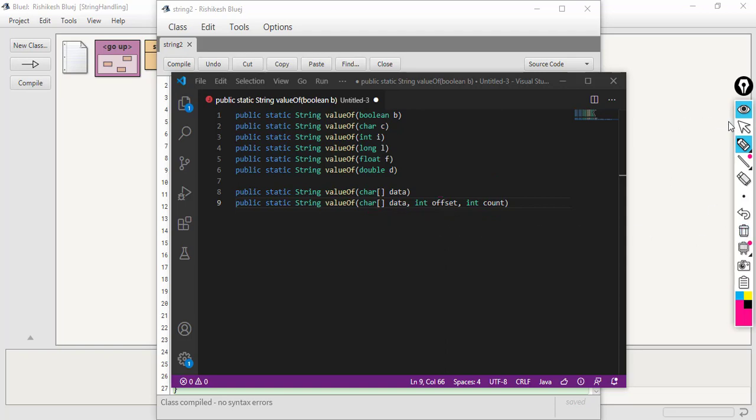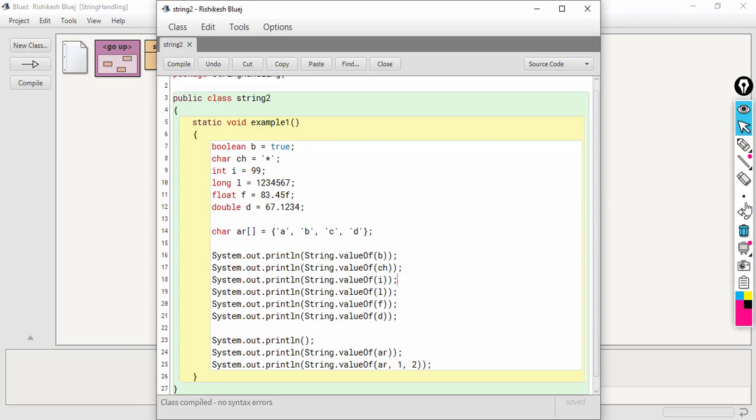So let's see an example. Here I have passed the same array ar, that is the first parameter. The second parameter is 1, that means, 0, 1, 2, 3, it will start from index 1, it will pick up the character from there, and then this 2 tells us the count, how many total values you want.